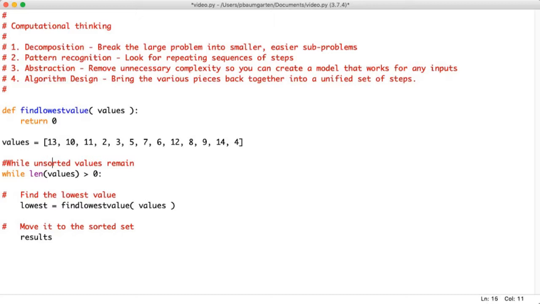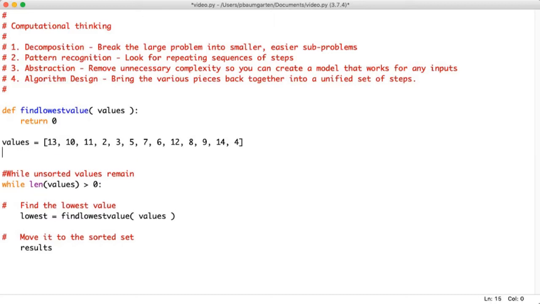So I realize I need this set. So I'm going to create an empty set for my results. And again, I know I can do this in my head. Results append lowest. Right, and so now,